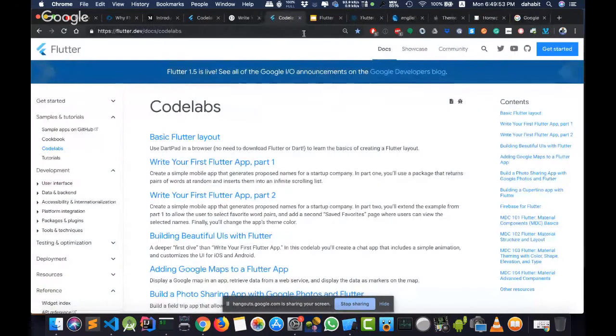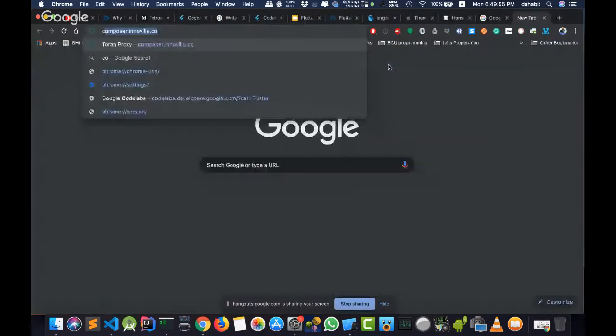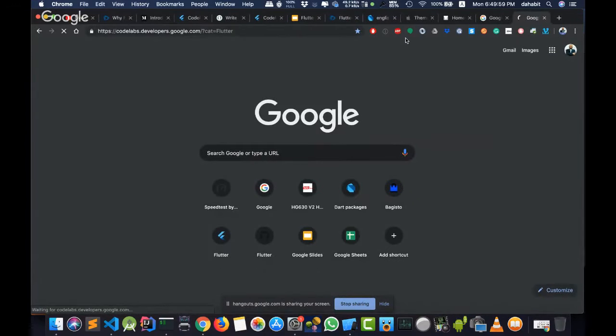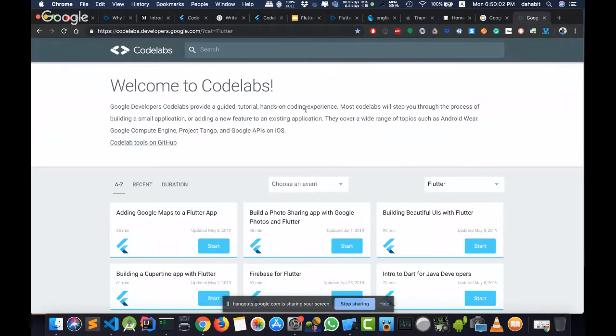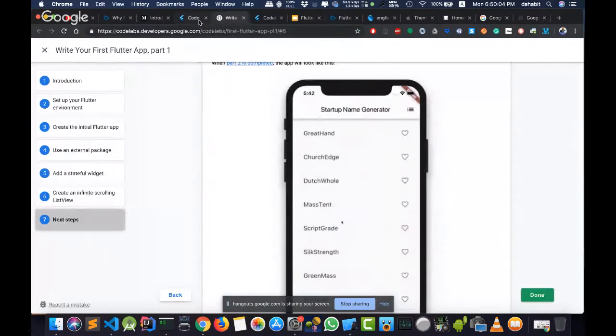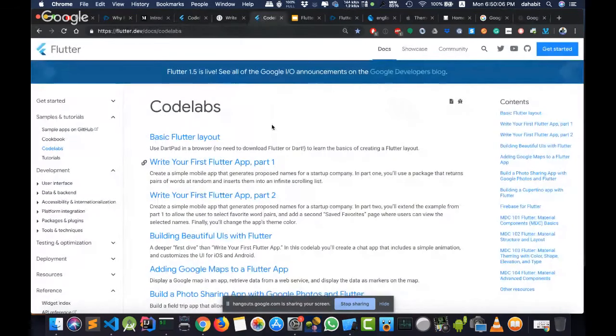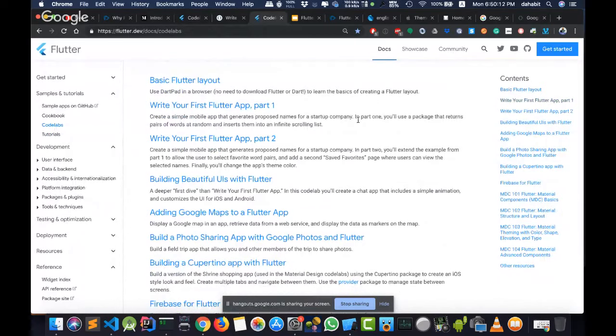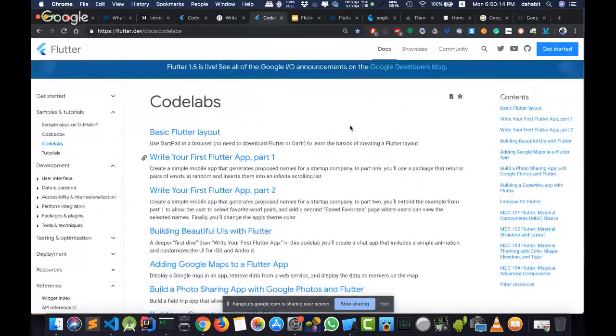But there is a difference between CodeLabs: codelabs.google. There are some CodeLabs especially for Flutter, DartPad. Sorry for the wrong pronunciation. Flutter DartPad is a new feature that the Flutter team is working on now.